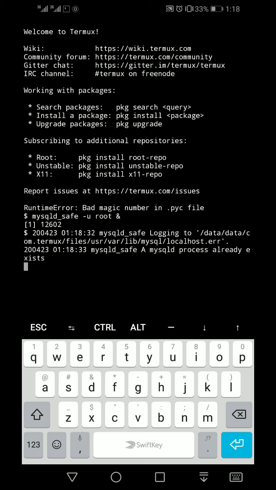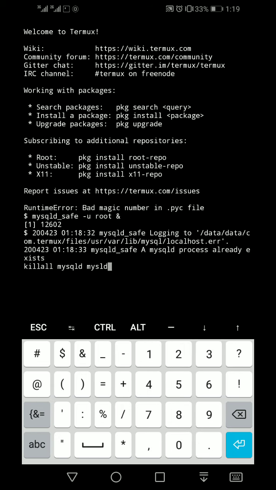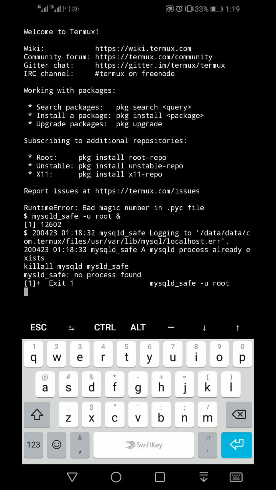If you ever see this type of error, mysqld process already exists, then type killall mysqld, not mysqld again, mysqld_safe, enter.